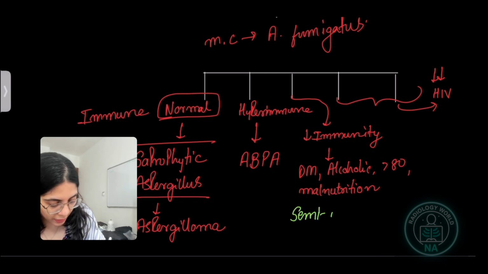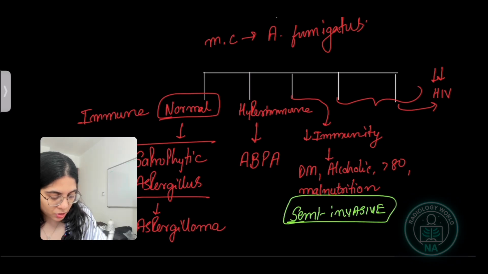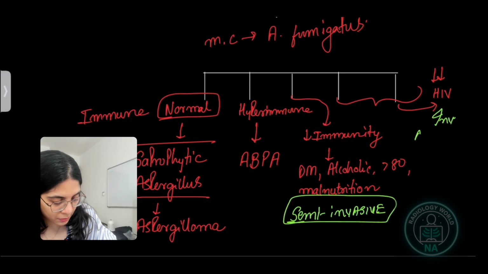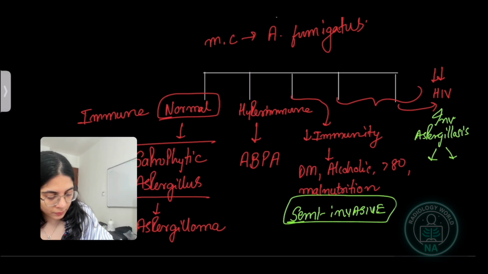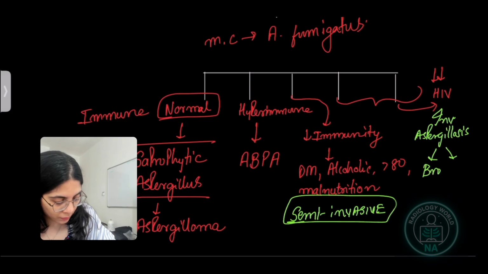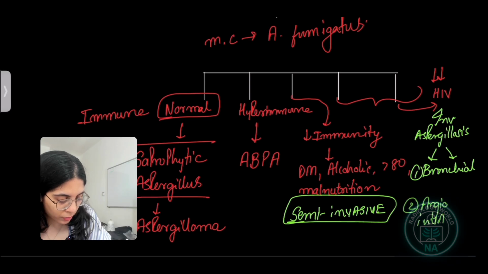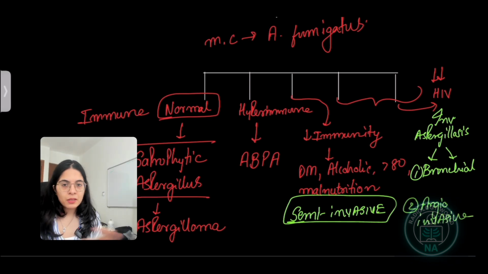semi-invasive aspergillosis, whereas this is invasive aspergillosis. When we talk about invasive, again there are 2 types: one is the bronchial form and another is angio-invasive. I'll discuss all these things in detail in my subsequent slides, but this is just a basic